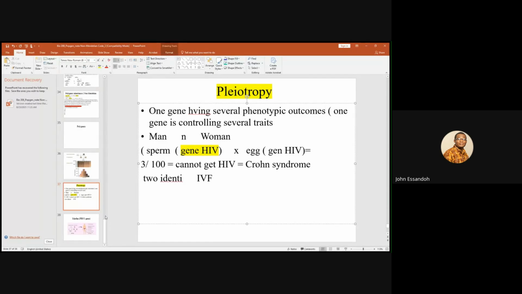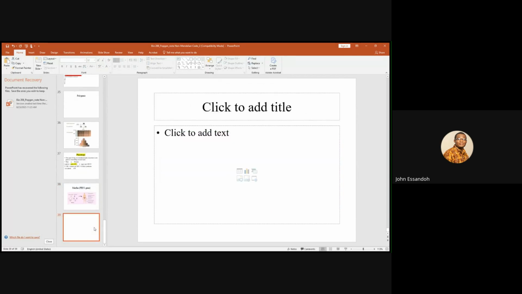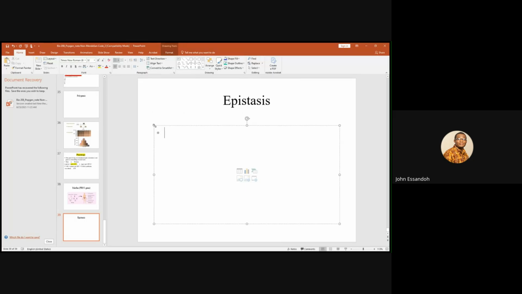Okay, all right, great. And then maybe, last but one, I'm going to add epistasis. Epistasis is also another example of non-Mendelian genetics. So when it comes to epistasis, what are we talking about? Now, those of you who have been to med school before,